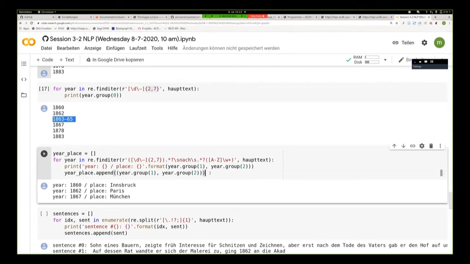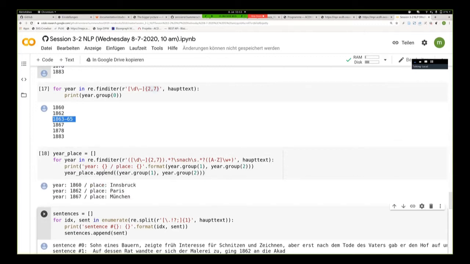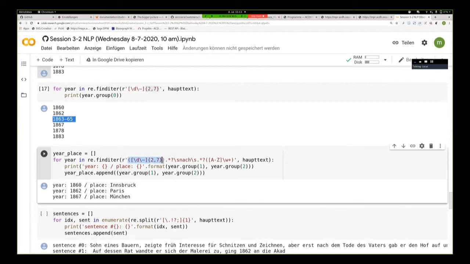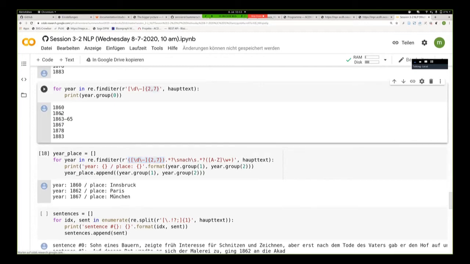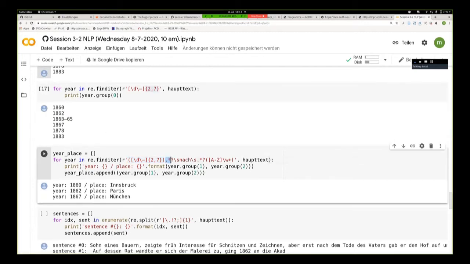But that is, of course, not what we wanted to do. We didn't want to extract time spans, but named entities. And so we extend our regular expression here. So we start with the original one that finds the time spans and the years. And we then add here, shouldn't do that actually, as it catches everything, but